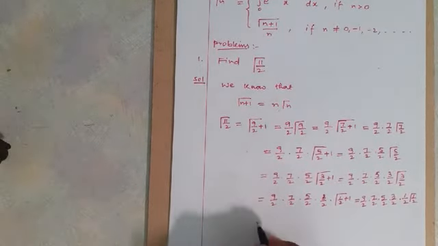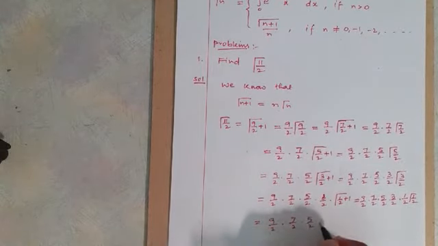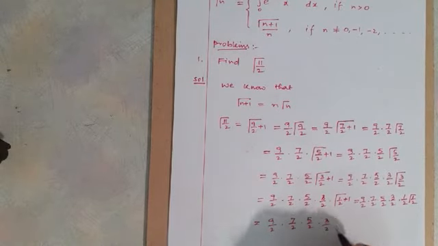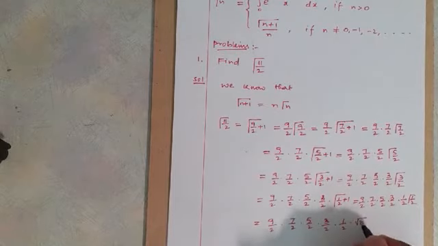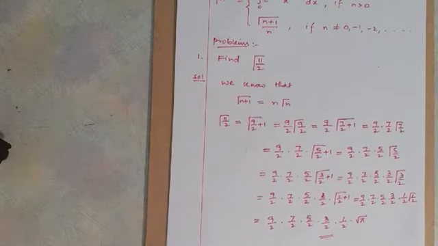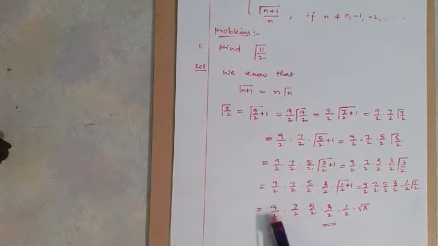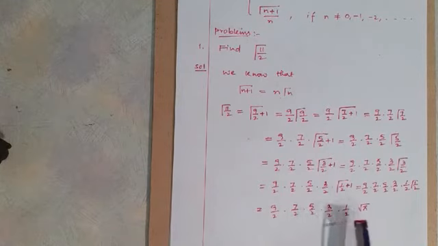Now this is equal to gamma 9 by 2 into 7 by 2 into 5 by 2 into 3 by 2 into 1 by 2 into gamma 1 by 2, which is nothing but root pi. So we stop here. If you have a calculator, then you can calculate 9 by 2 into 7 by 2 into 5 by 2 into 3 by 2 into 1 by 2. Whatever result you get, you just multiply with root pi. So that will be the answer.